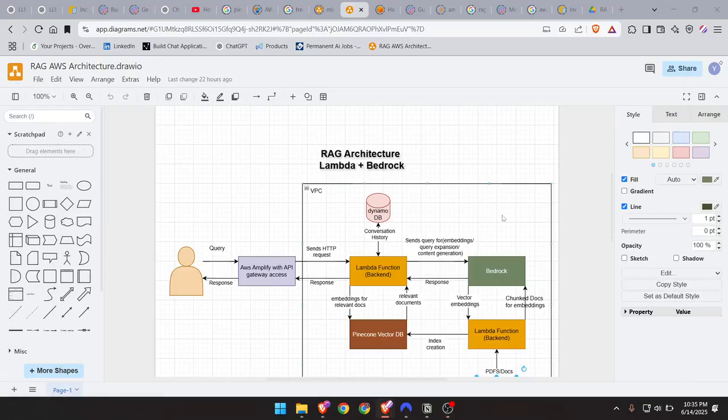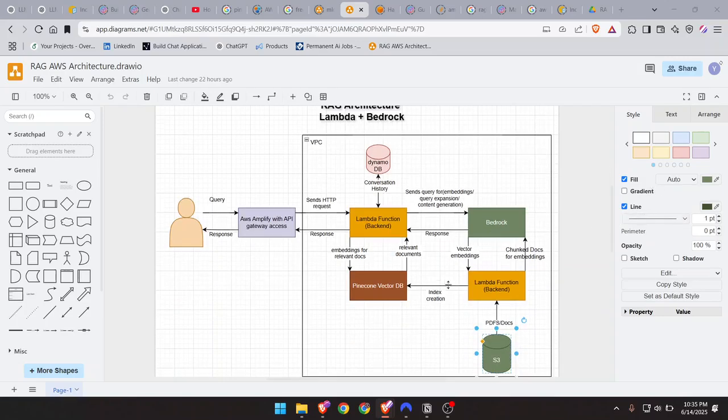Hi everyone. Today I'm going to walk through the RAG architecture, which is a retrieval augmented generation architecture. Here we are using services like AWS Lambda, Bedrock, S3, API Gateway, and also Pinecone, which is a vector database. First of all, we will see how the data is flowing, and we will also